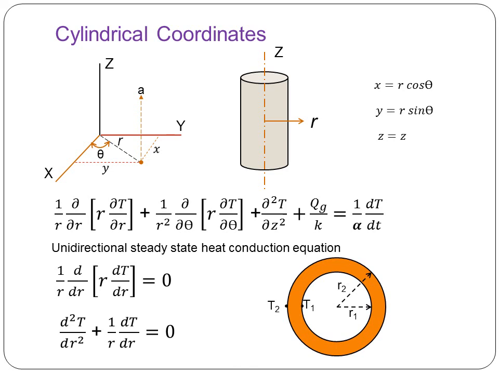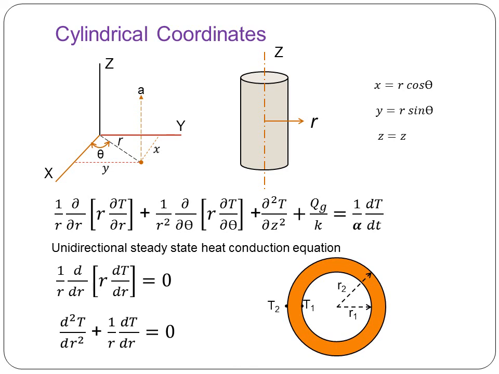You need not worry about this expression, as you can just substitute x, y and z and finally get this expression. But try to remember this final expression. Out of this, we generally use only one direction of heat flow, that is the radial direction, because for a long cylinder, like the case of a wire through which current is passing, the heat flow is generally in the radial direction. It is negligible in the longitudinal direction.